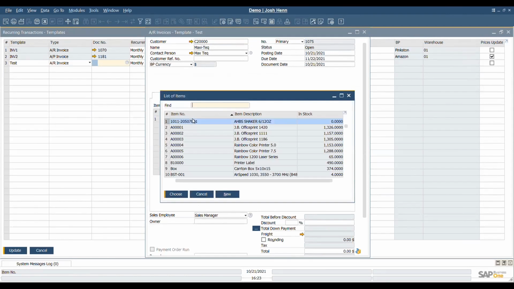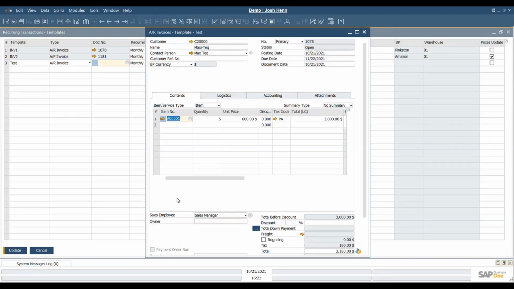Add an item number, JB Office Printer. And we want to invoice for 5 of these for the customer. So this is helpful whenever you have things like utilities, or a customer would like to buy a certain item every first day of the month.